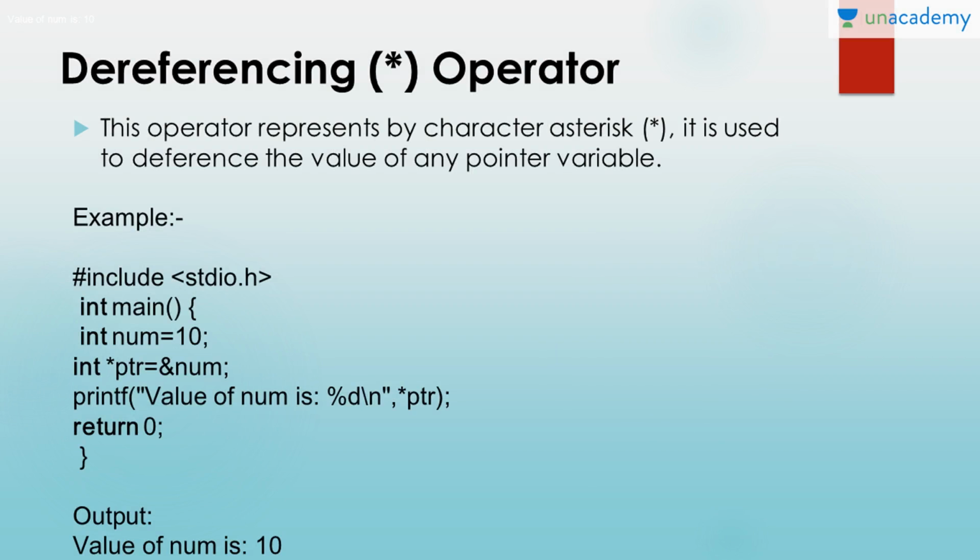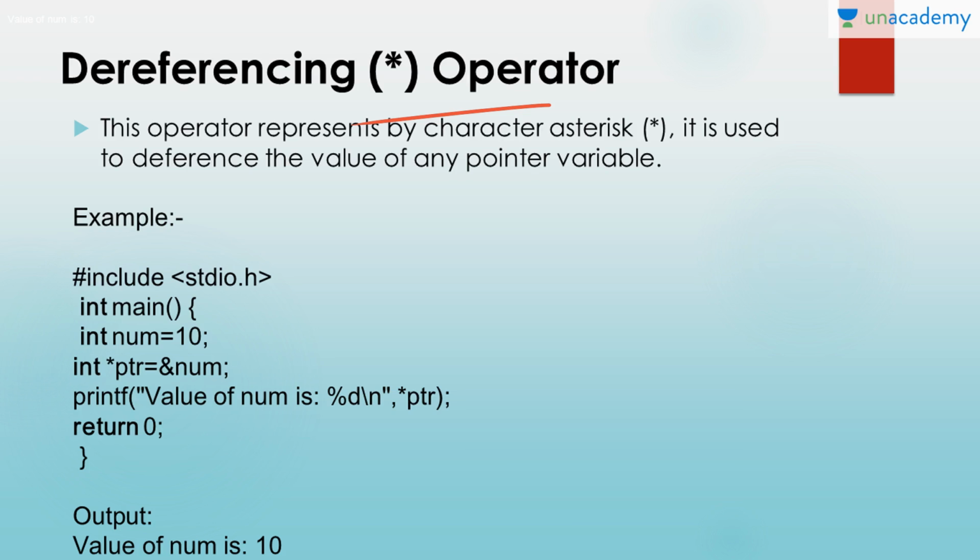Next is dereferencing operator. Dereferencing operator is denoted by asterisk. This symbol is called asterisk. It is also a unary operator in C language, which is used for pointer variables. As I said, I will be teaching pointers in the upcoming lessons. It operates on a pointer variable and returns the value which is stored at the pointer address. This is called dereferencing the pointer. So we will see with the help of an example.